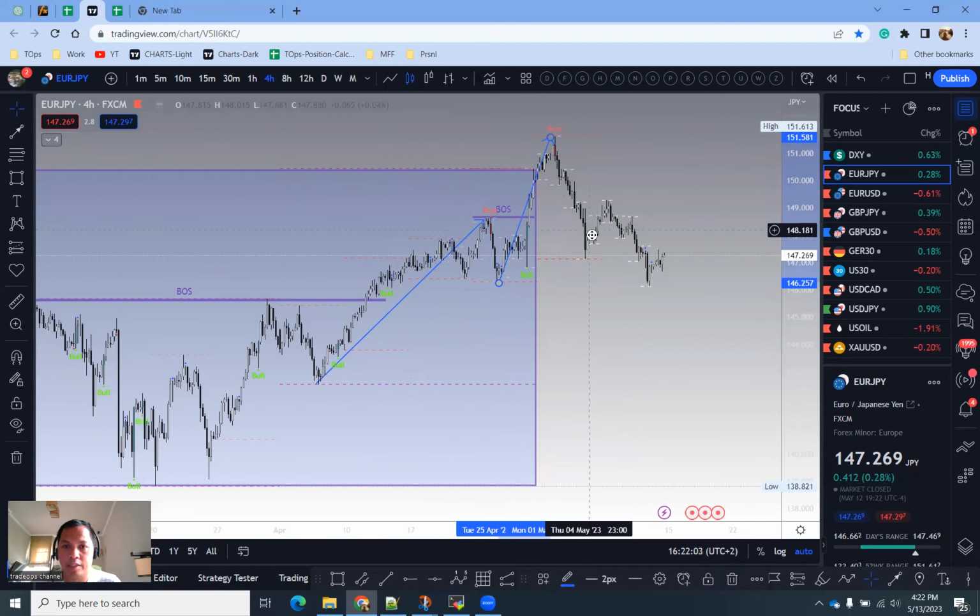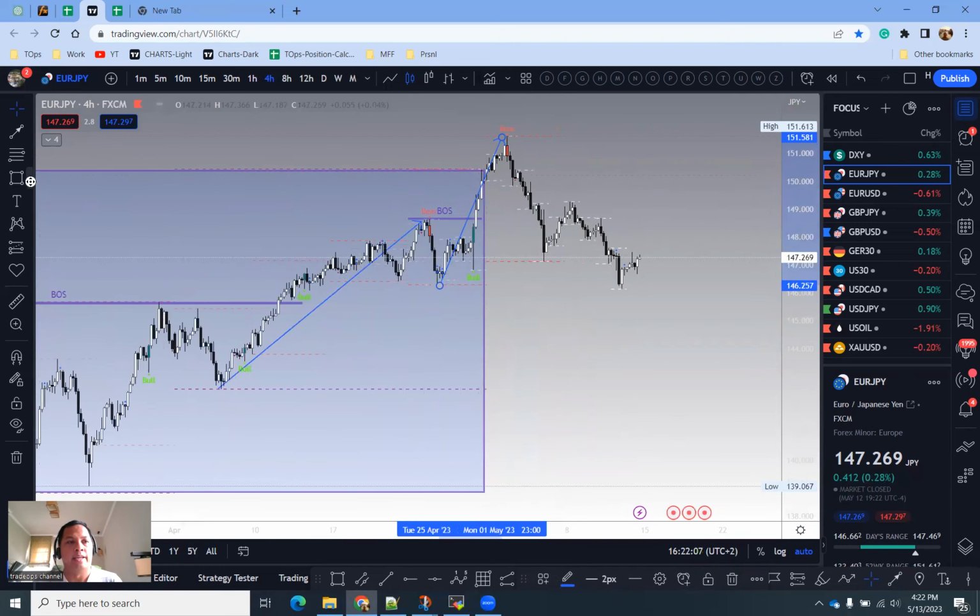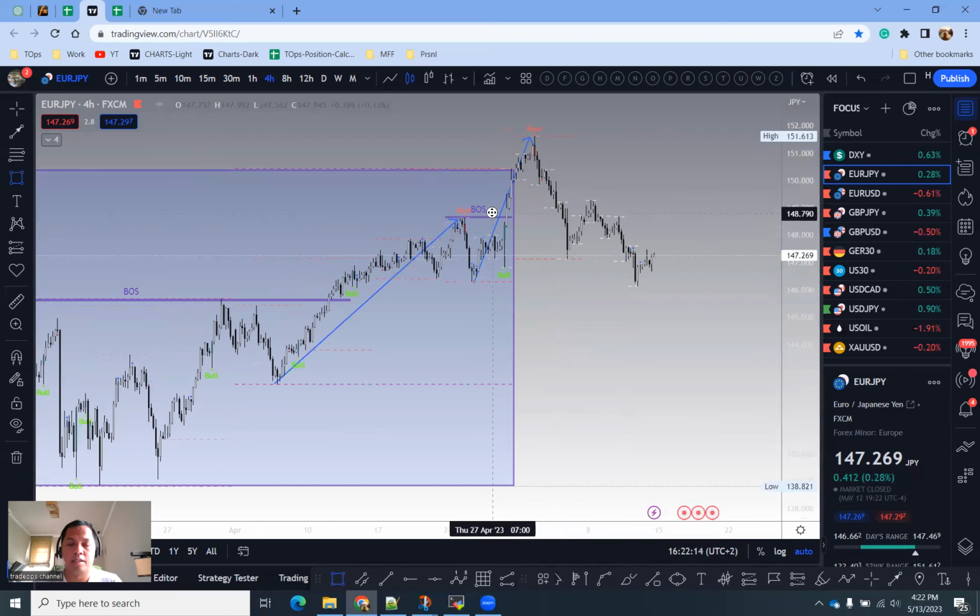Then ito naman na swing na yan is pullback and kailangan natin i-mark up yung mga important levels bago natin masabi na nagkakaroon ng pagbabago yung trend. So pag nagkaroon ng pagbabago ng trend, malalaman natin yan kapag nagkaroon ng change of character. So ang tanong naman ngayon, kailan magkakaroon ng change of character? So well, first indication is